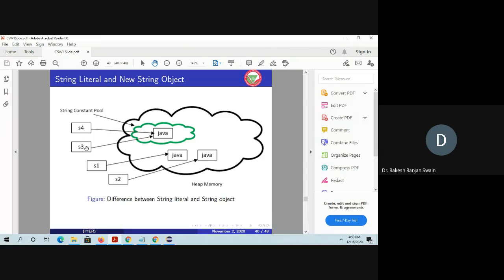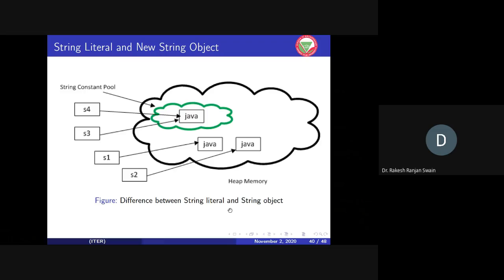But S3 and S4 I am directly creating using the literals, so the same memory location will be assigned. S3 is assigned, S4 is also assigned. So that is the difference between string literal and string object.